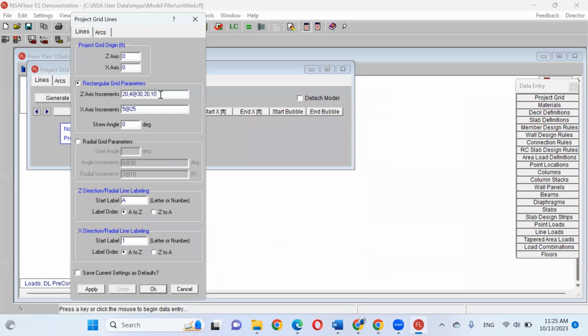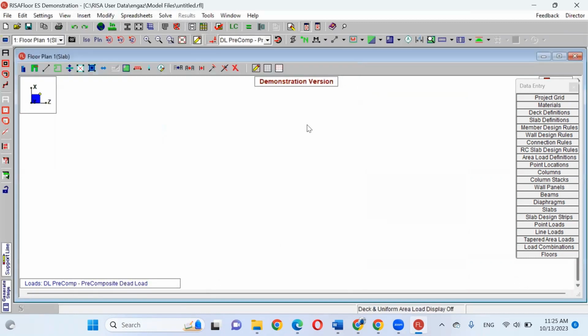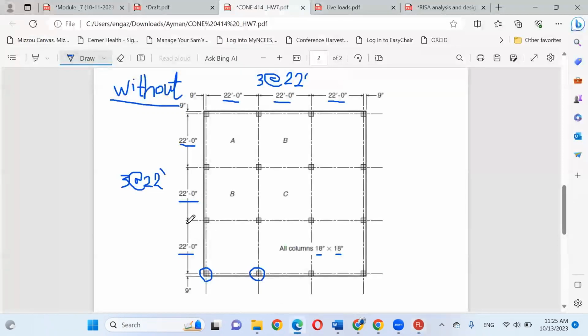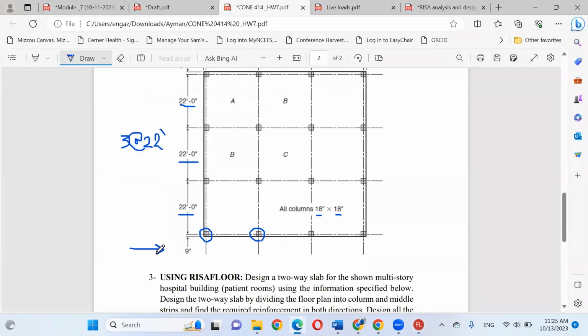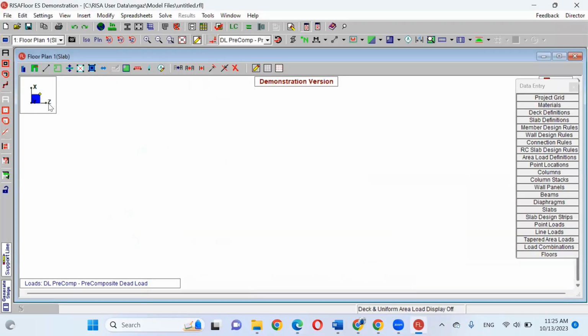I will cancel this one, and I will write in Z. I forgot to mention, Z means the horizontal direction and X means the vertical direction. Keep in mind, this is the direction of Z in RISA, and this is the direction of X in RISA. This is the default in the software based on the given axes.